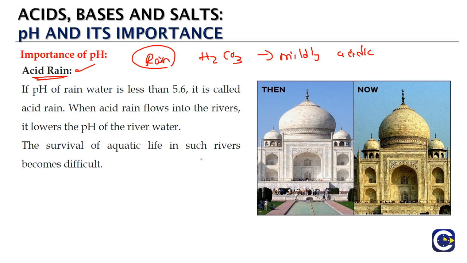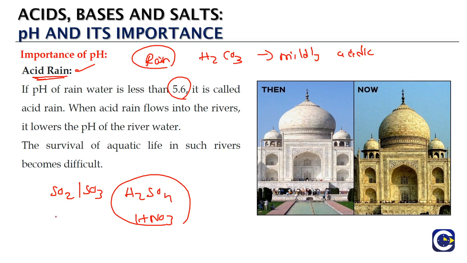It's not very much acidic, but it is mildly acidic. But if this acid contains, for example, sulfuric acid or nitric acid dissolved in the rain as it is coming down, then the pH value will be even lower. Normal rainwater is in the range of 5.6 to 5.8, but it will be even below that because of the dissolving of H2SO4 and HNO3, which will come from the